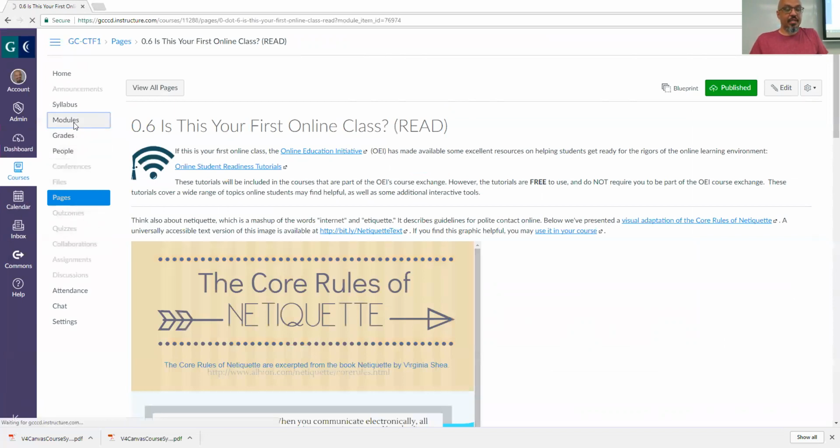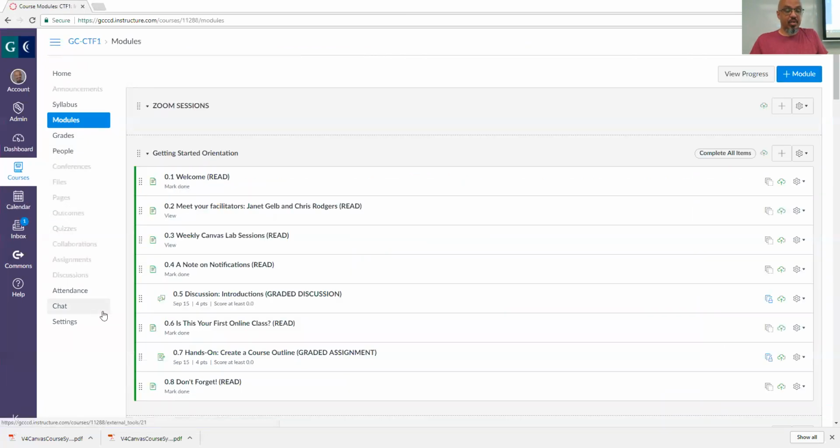So as an instructor, for me to show you the rest of this module, I have to be in instructor view. So right now, don't pay attention to your computer because you're not going to be able to go through. All right, so